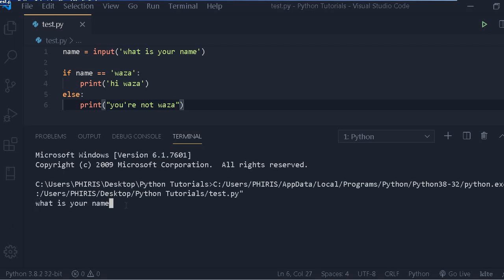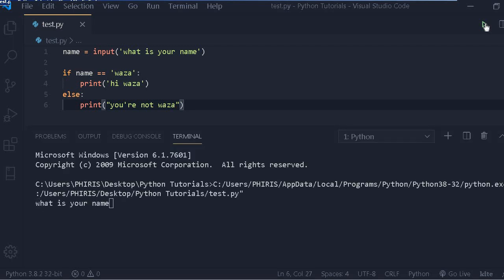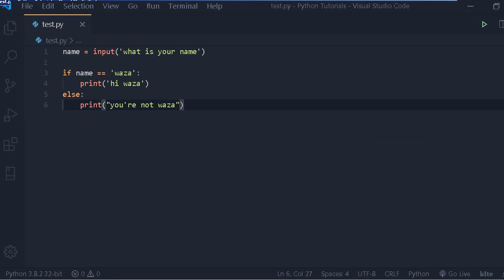Okay, so what is your name? I say Waza and then it says hi Waza. But as you see, if I run this again and say something else, Bob, what happens? See, it says you're not Waza, and our program exits. So as you can see here, if we have an if function and we pass in our argument, it will only execute this block of code right here if our argument is true. Else it will